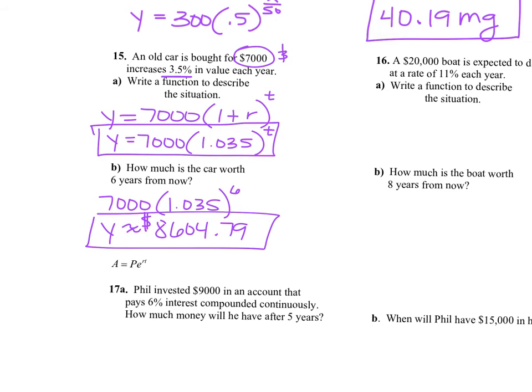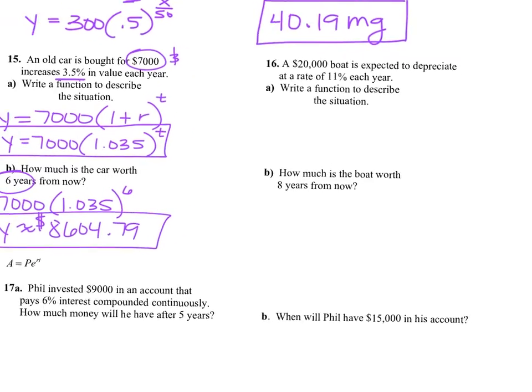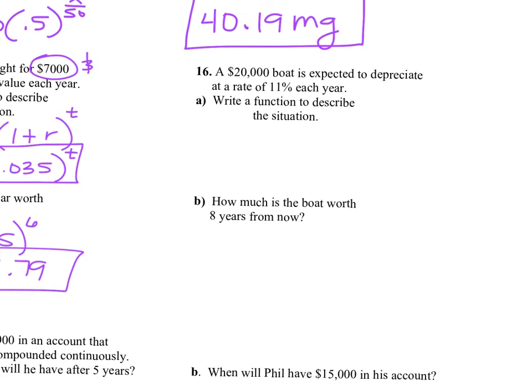Questions on that? Because it says 6 years from now, what will it be worth? Okay, so number 16, similar type of problem, but it's depreciating, okay? It says a $20,000 boat is expected to depreciate at a rate of 11% each year. Write a function to describe the situation. So that's y equals, what comes first? The 20,000, your initial amount, okay, times,